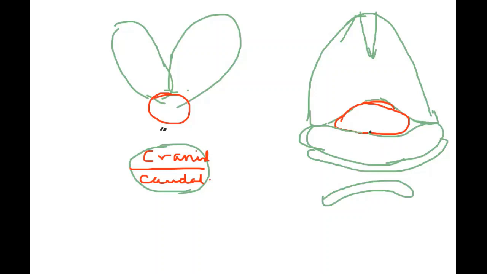Next important thing is the nerve supply. Now the nerve supply of the first branchial arch is the mandibular nerve and the chorda tympani. So the taste sensation to the anterior 2/3 of the tongue is from the chorda tympani and the lingual branch of the mandibular nerve. The nerve of the third arch is the glossopharyngeal nerve. Hence, the sensation in the posterior 1/3 of the tongue is derived from the glossopharyngeal nerve. Epiglottis is supplied by the superior